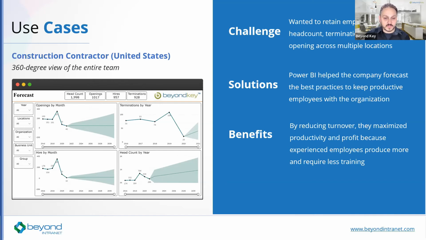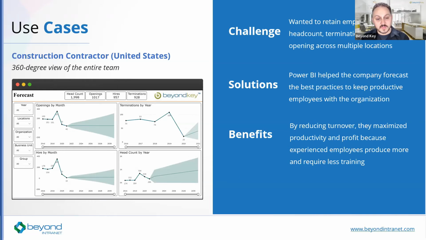So if you want to take a look at the terminations by month, you see here on the top right-hand corner of this graph, it shows you how many people left the organization in different years, and what they predict it will look like in the future. And that's really what we're looking to do here with this organization, is helping them understand where they're at and giving them a trend, because the more productive employees, the more electricians, plumbers, carpenters, and other employees that they keep on board, the better off they're going to do,